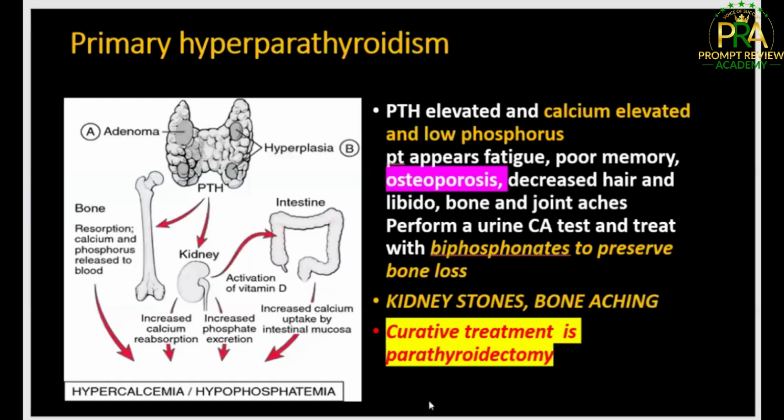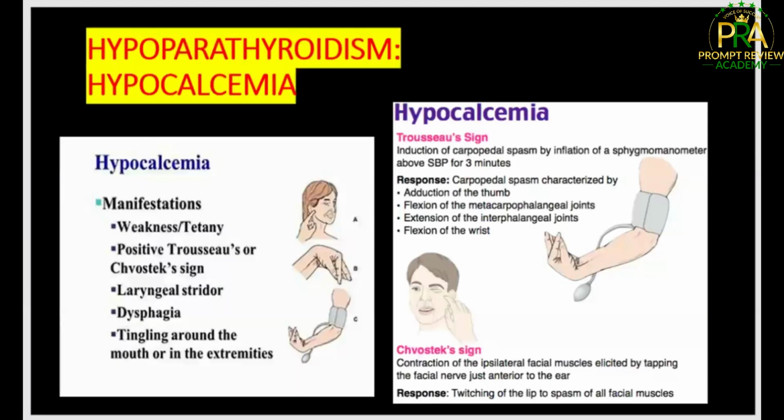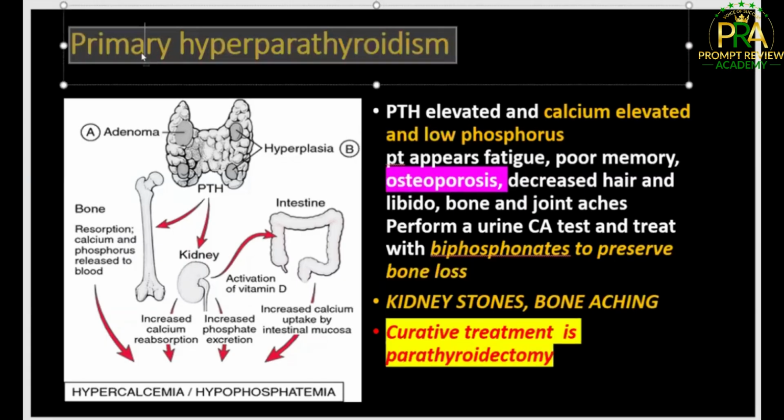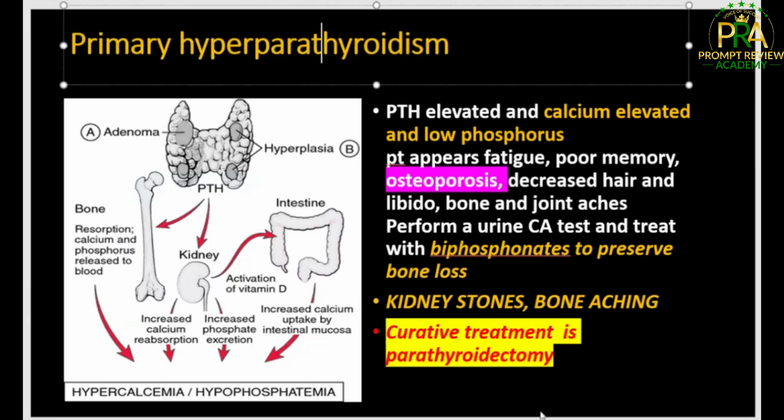So the next one is primary hyperparathyroidism and hypoparathyroidism. And like I explained, when you are doing endocrine conditions, when you are monitoring the hyper, the patient might be going to hypo. And when you are doing hypo, the patient might be going to hyper. So we are talking about